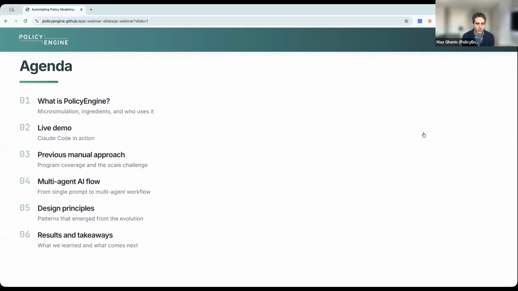Just to get started, I'll share a bit about what PolicyEngine is and kick off a live demo, actually. We usually save demos for last, but today we're going to do it from the beginning so you can see how the process evolves. We'll actually be able to see a real-time policy encoding by the end of today's session. And we'll move from that to getting back to the slides.